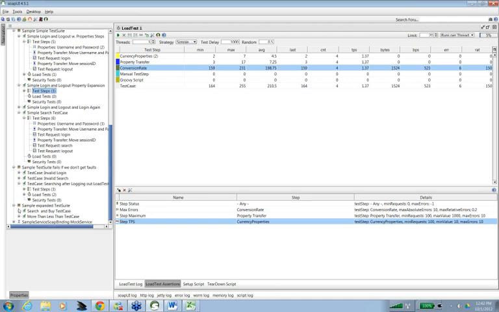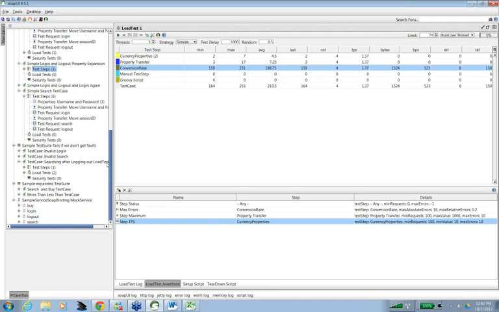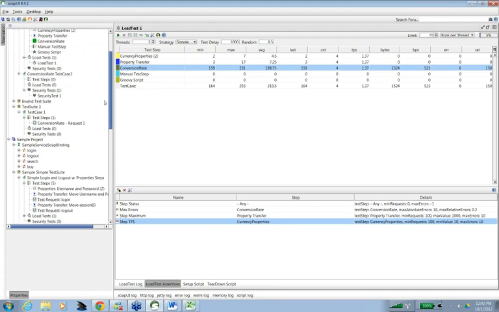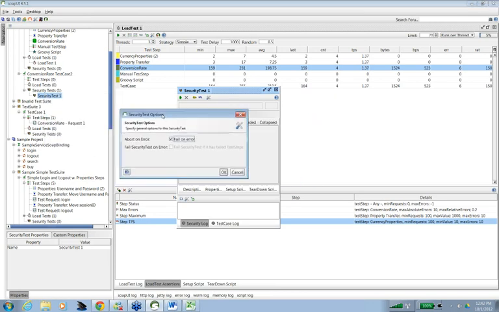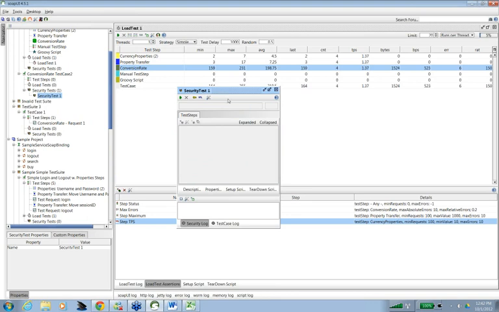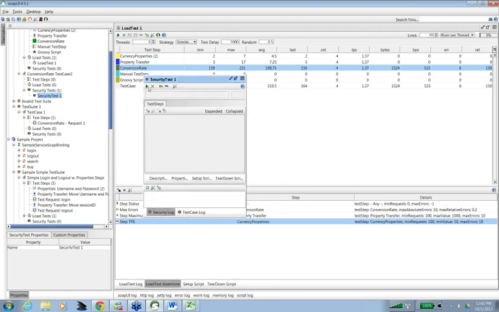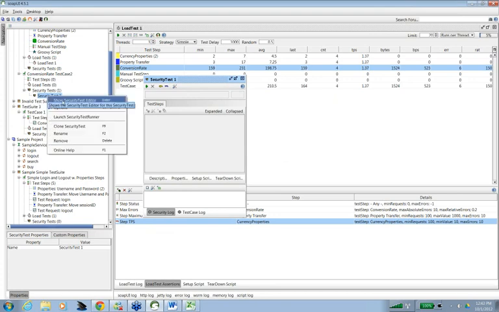I'm just trying to find if there is any security test. Okay, so let us create one security test here. We need to add some security scans.